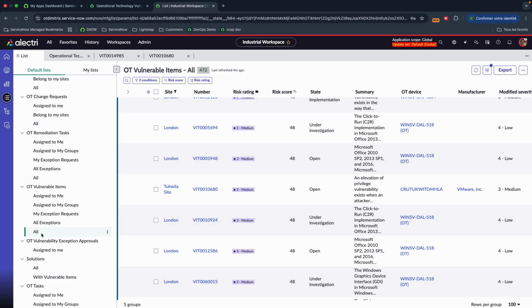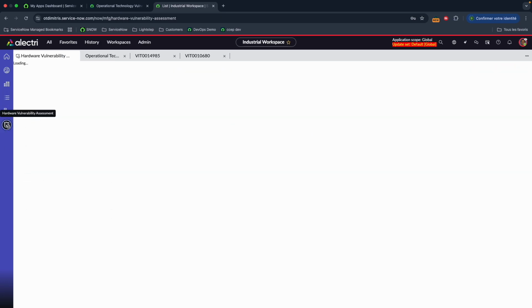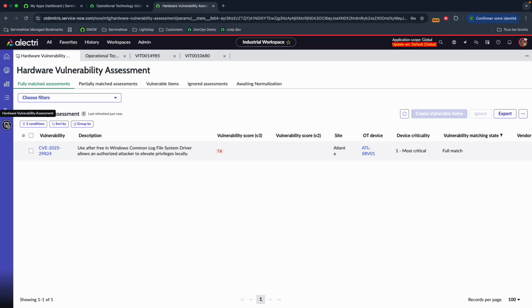remediation and investigation workflows. You have also, if you use the OTVR Pro version, the hardware vulnerability assessment workflows. These workflows are linked to the fact that we can match any vulnerability that is in the National Vulnerability Database to your devices. You don't need specifically an IDS vendor like Nozomi, Tenable, Clarity to do the matching.